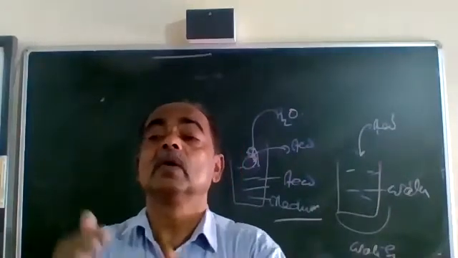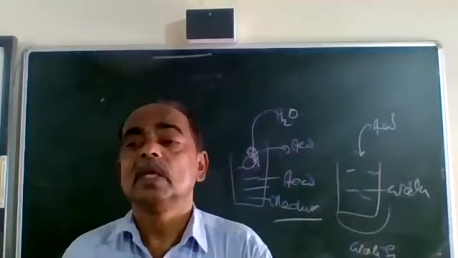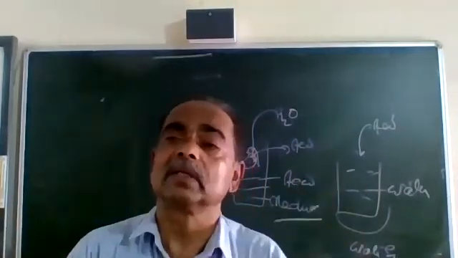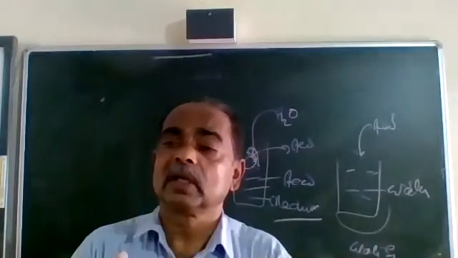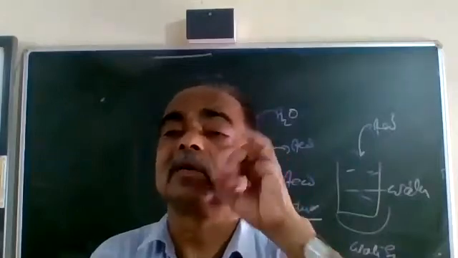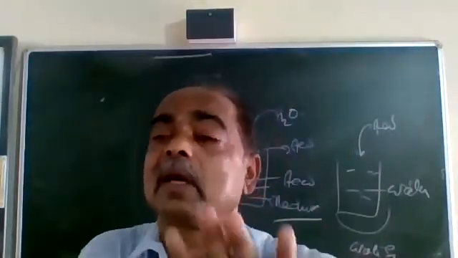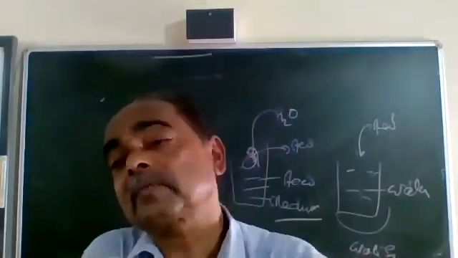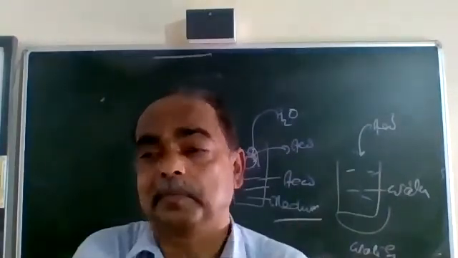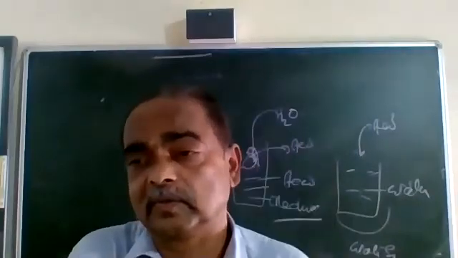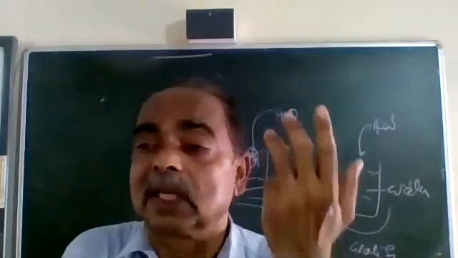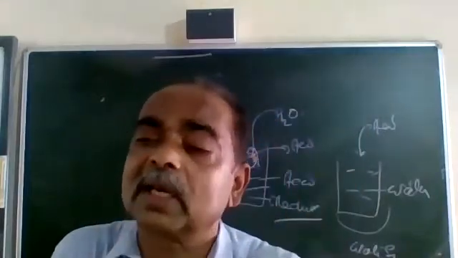Mineral acids are inorganic acids. HCl is a mineral acid. HNO3, nitric acid, is a mineral acid. So acids which are obtained from organisms, whether plants or animals, are organic acids. Most of the organic acids are edible. They are less corrosive. Like we take lime juice, right? It is an organic acid which is less corrosive.